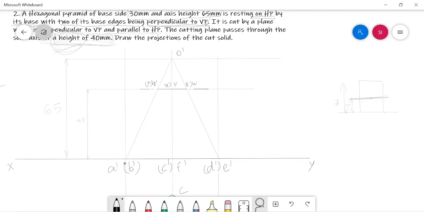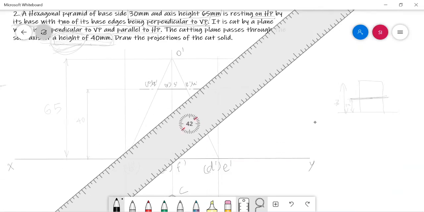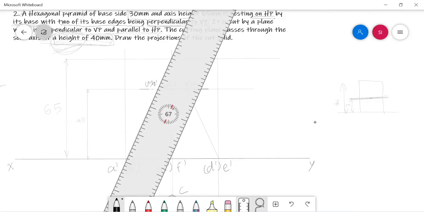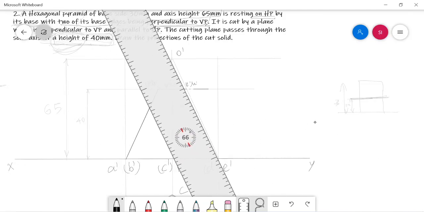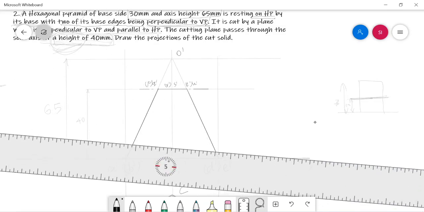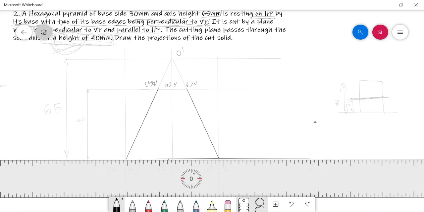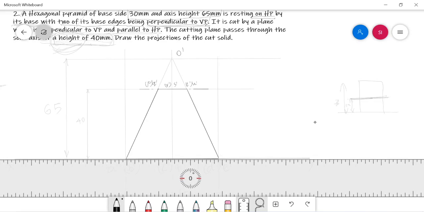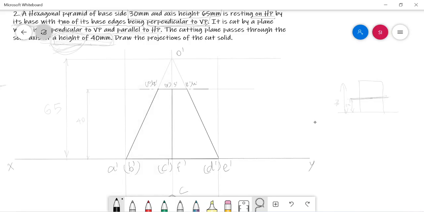So you have to highlight this retained portion with HB pencil. This is nothing but the retained portion of the solid.